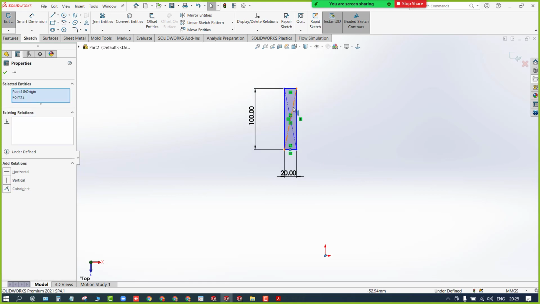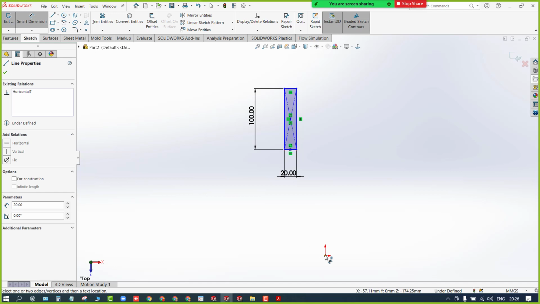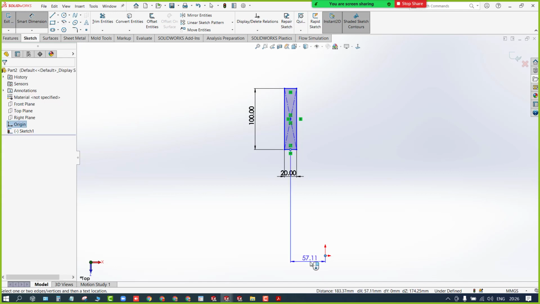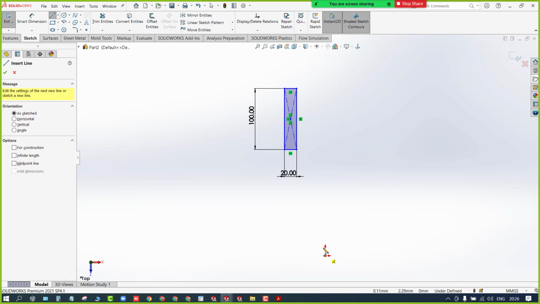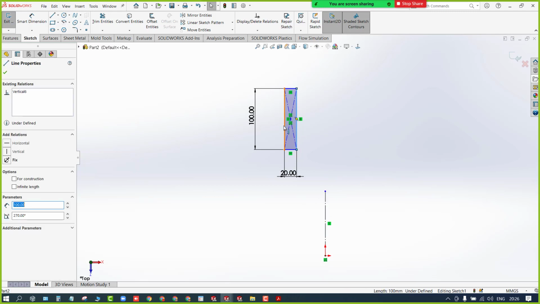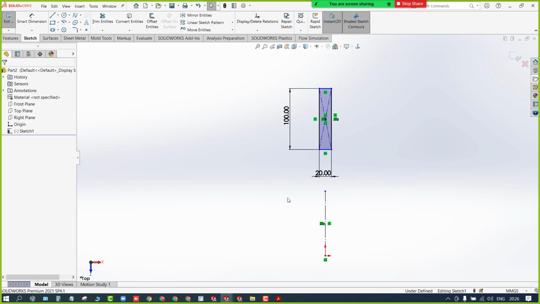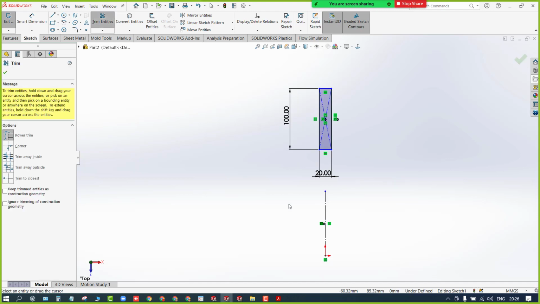Another way is you can select the midpoint and you can define the dimension from the midpoint to origin, that is 10 mm. Second way, right? One more way is, you can simply add a center axis, convert this as a reference entity, select these two and the axis and define symmetry. Clear? These are the possible ways.